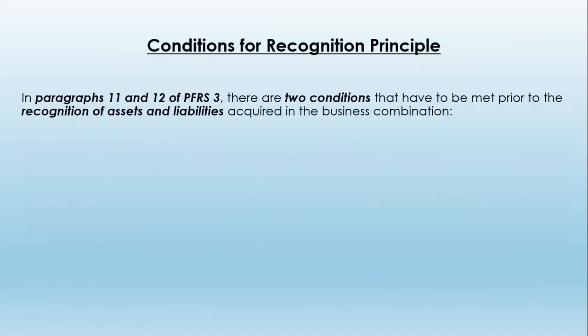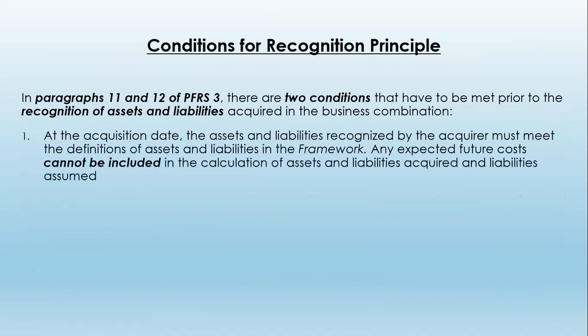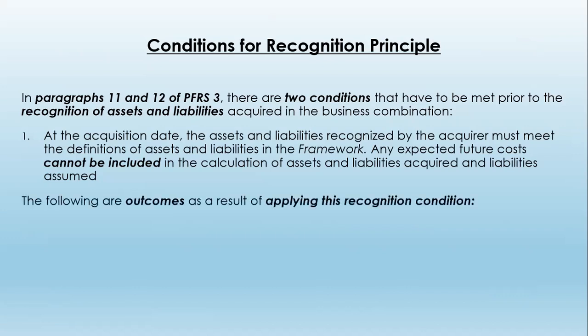Condition for recognition principle in paragraphs 11 and 12 of PFRS 3. There are two conditions that have to be met prior to the recognition of assets and liabilities acquired in the business combination. At the acquisition date, the assets and liabilities recognized by the acquirer must meet the definition of assets and liabilities in the Framework. Any expected future cost cannot be included in the calculation of assets acquired and liabilities assumed. The following are outcomes as a result of applying this recognition condition: